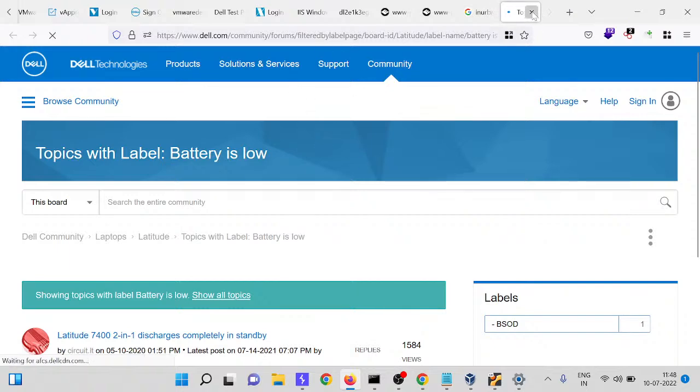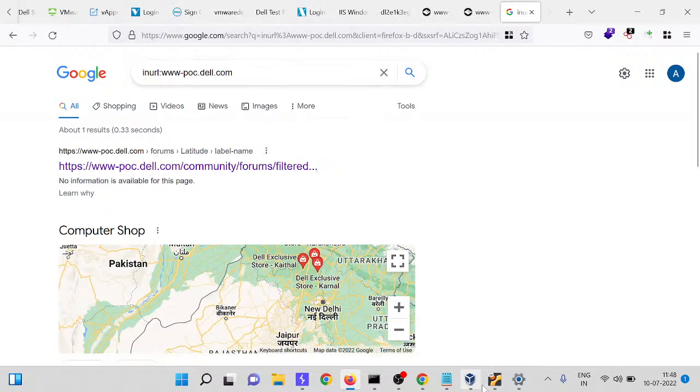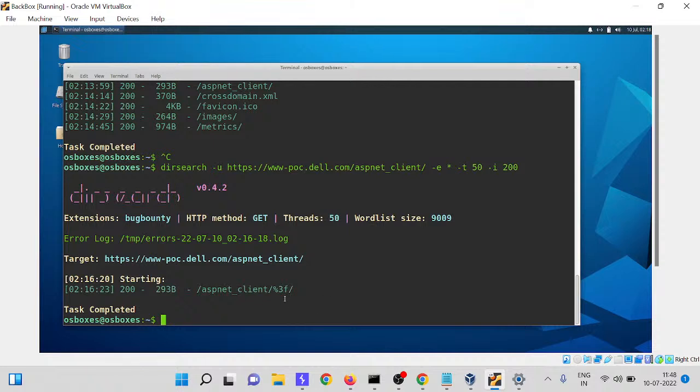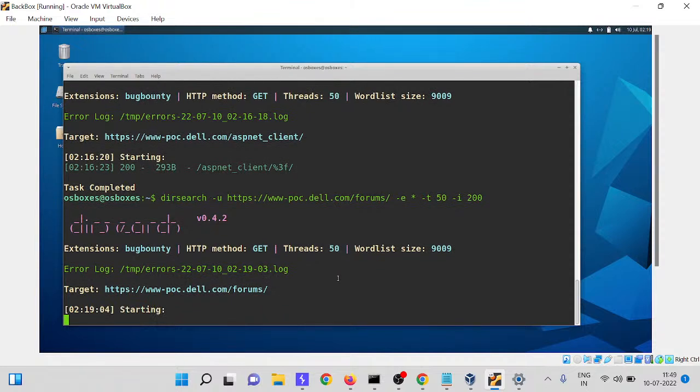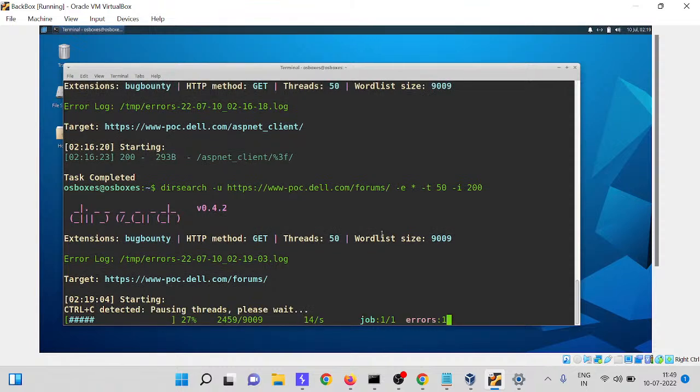So it will be left, but we have a directory forums. So brother, on every directory you find, you have to run dirsearch.